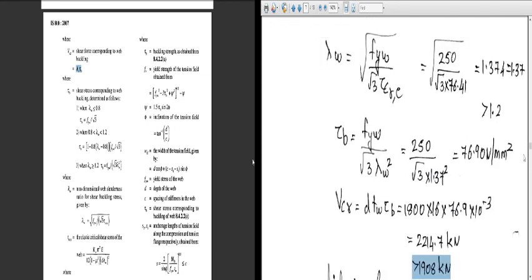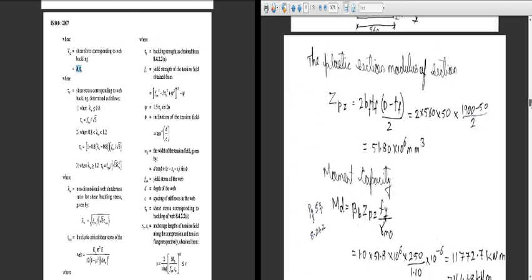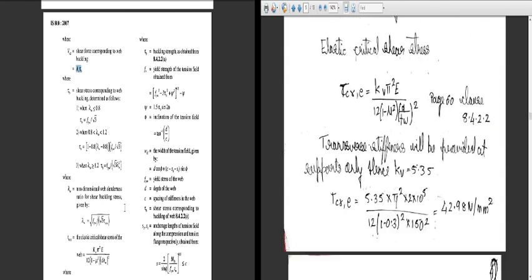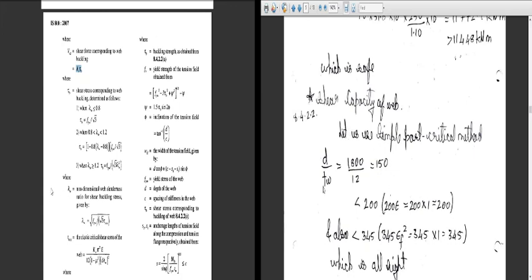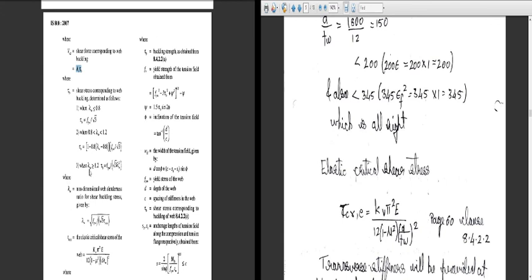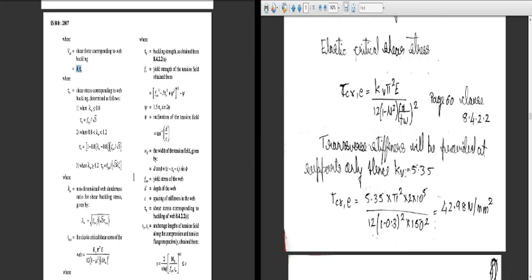But let us go through what we have done today. Today we have done the check for shear. Remember, for the check for shear, you need the ratio of D by TW. Check it, then calculate the elastic critical shear stress tau CR, using kV, E and mu according to the physical properties. D by TW we have already computed, substitute it and get the value. After getting the value, we calculate lambda W. Substitute this tau CR value here, then we will get lambda W.